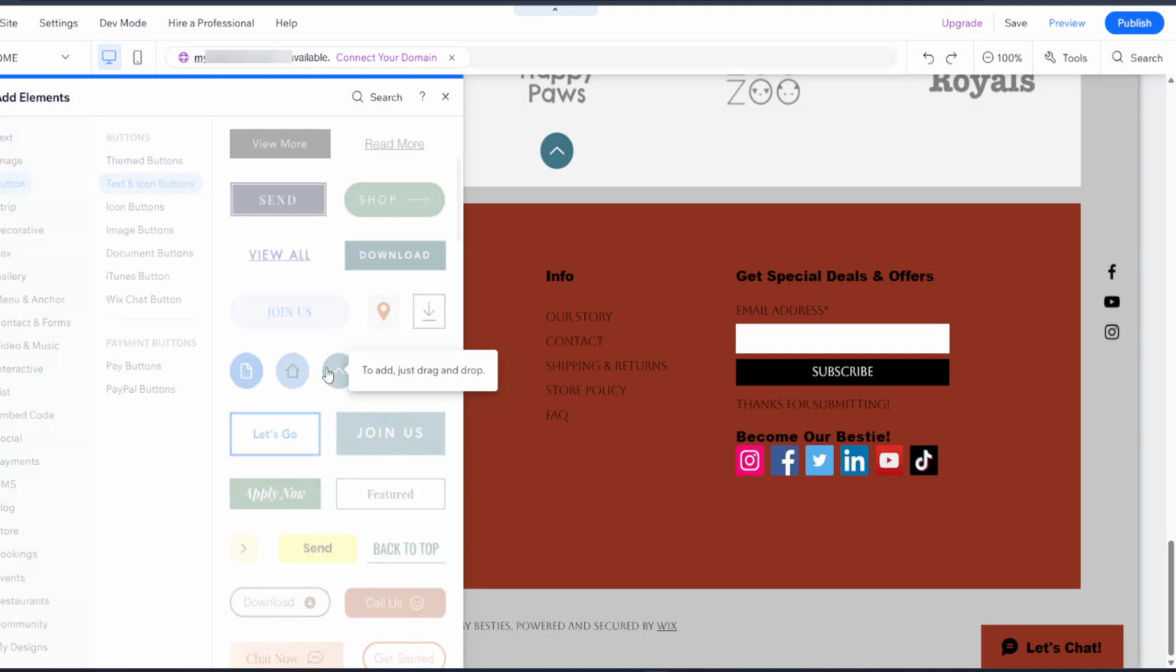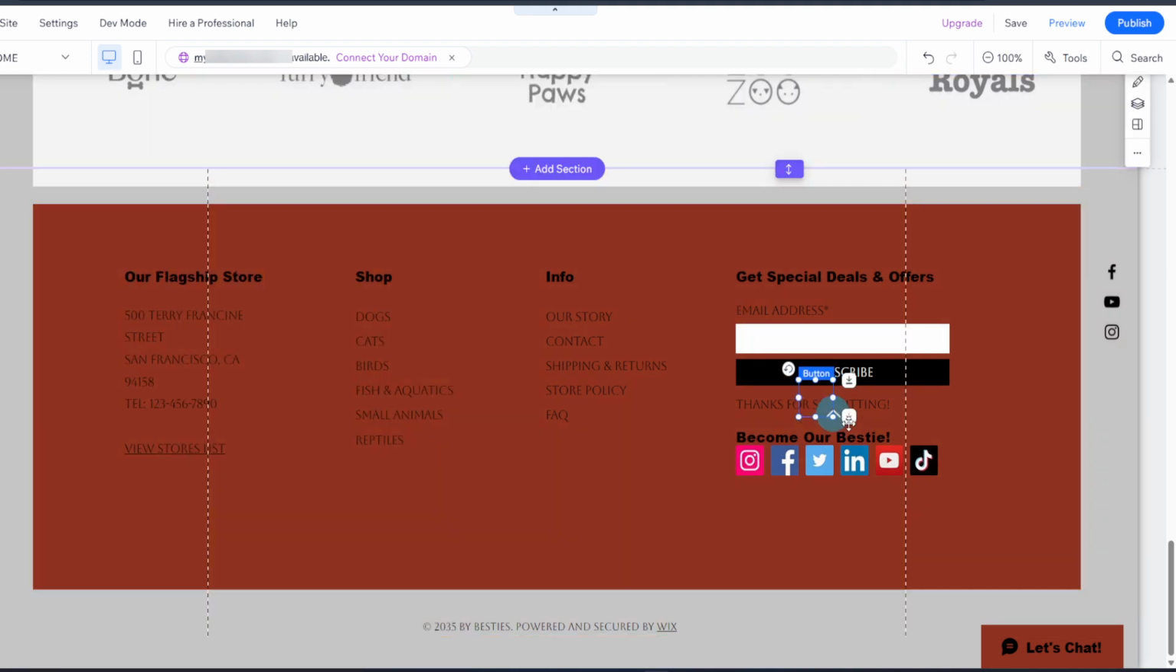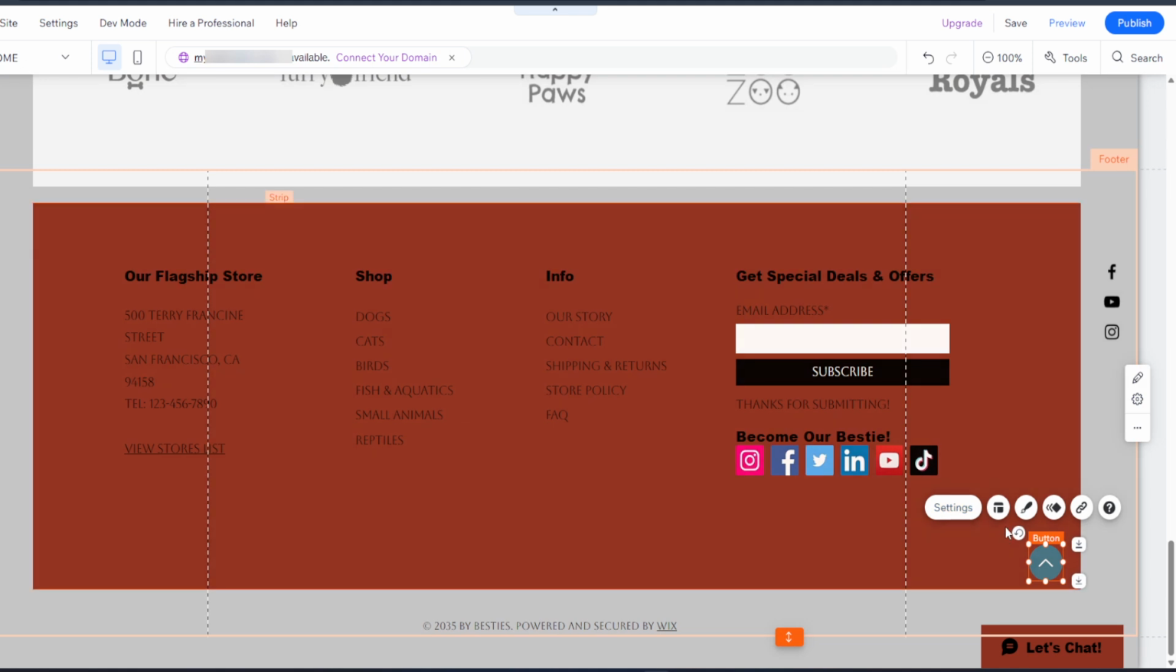Wix provides a variety of styles, so choose one that fits well with your site's design theme. This will serve as the foundation of your back to top button. Now, with the button selected, hover over to place it at the bottom section of your page. This positioning is intentional because you want the button to be accessible to visitors as they scroll down. Make sure it's visible, but doesn't obstruct any crucial content or calls to action you already have on that part